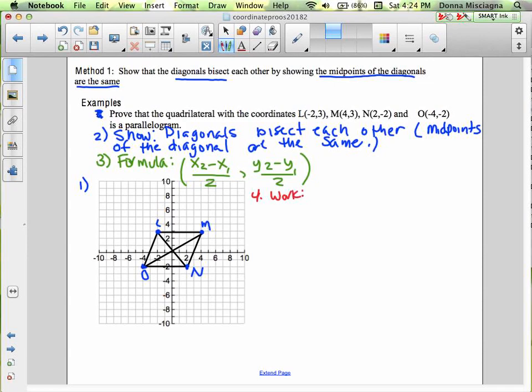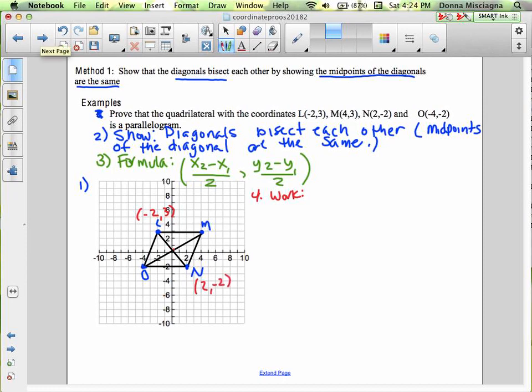All right, so we want to find what point that is right there. We want to find the midpoint of LN and the midpoint of OM. If that midpoint is exactly the same, then the diagonals bisect each other. So for our work, I'm going to write the coordinates right here just to make that easy on us, because we're just using these points. We're going to find the midpoint of LN first,